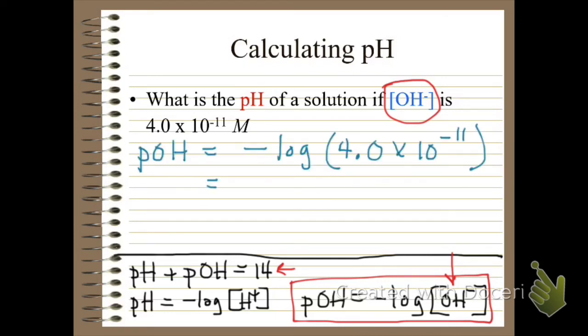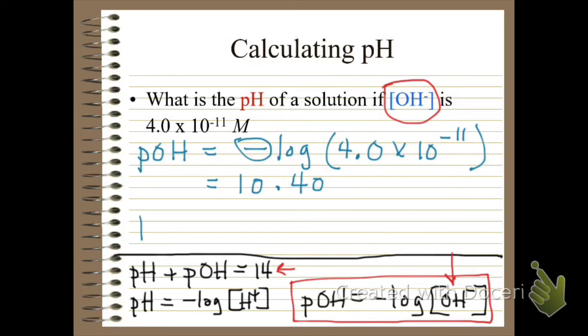So I want the opposite of the log of 4.0 times 10 to the minus 11. Put that in my calculator. I get negative 10.398. I want to change the sign, so pOH is going to be 10.3 or 10.40 if we're rounding, right? We have not answered the question. They want the